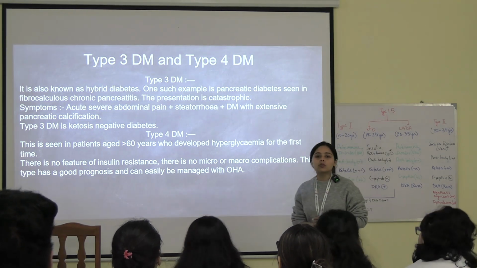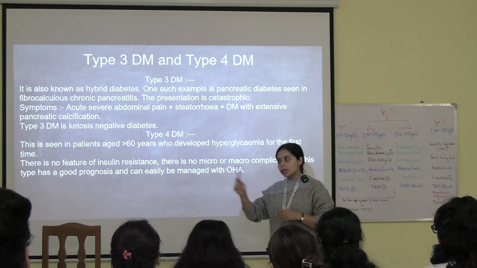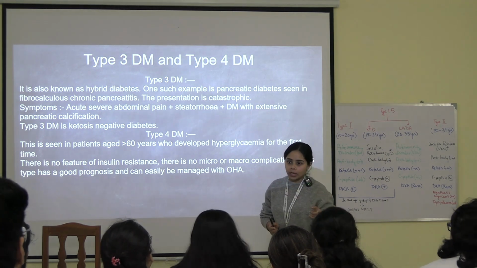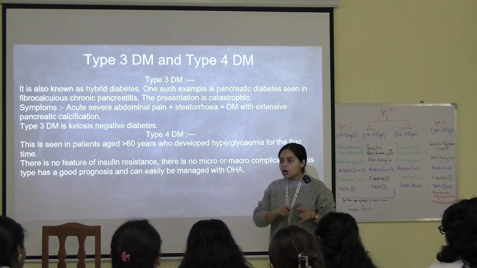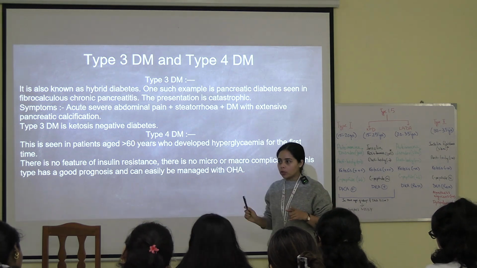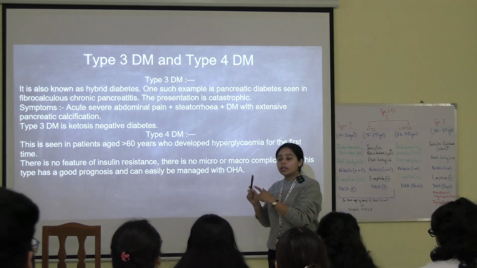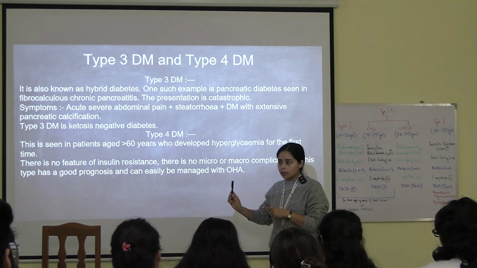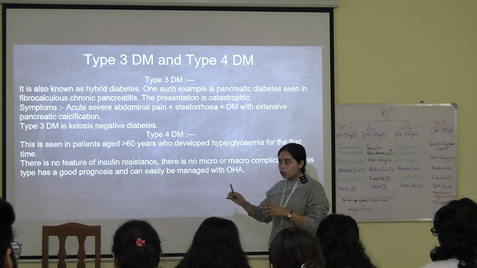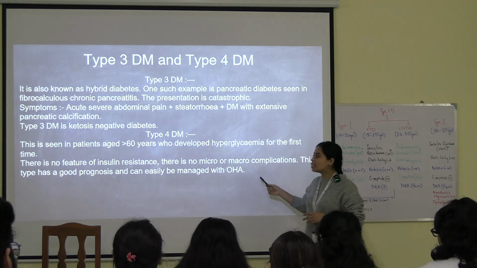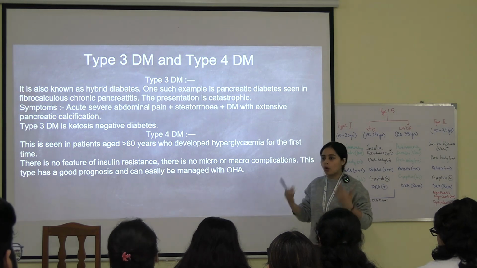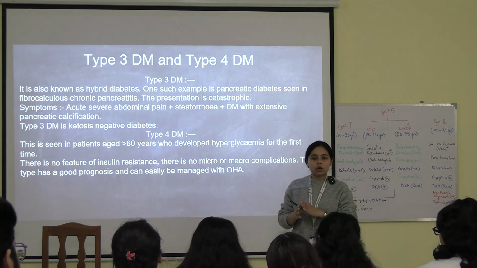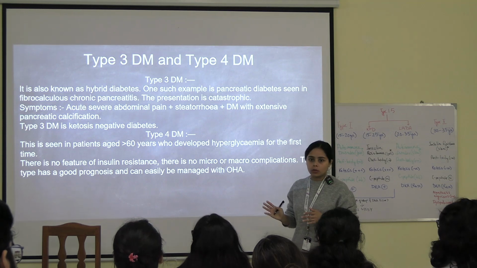So somebody who got diagnosed with diabetes at the age of 60, we started the patient with OHA. But somebody who got diagnosed with diabetes at the age of 30 or 40, we started with OHA, so by the time he reaches 60, he is already on insulin. But the person who got it at the age of 60 and started with OHA will start insulin maybe in the next 10 to 15 years, right? So this type has a better prognosis because this is age related. When we age, our body gradually starts to not function the way it did while we were young. You cannot compare the body of a 20, 30-year-old with a 60, 70-year-old, right?